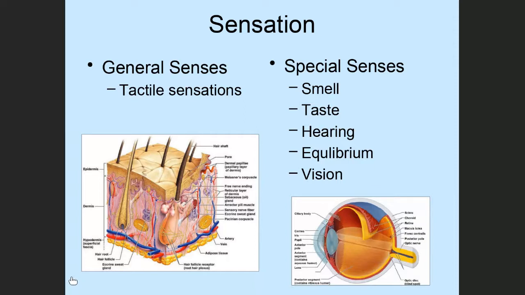In this folder, we're going to start to get into sensation. If I were to give you a definition for sensation, I would say it's our body's ability to detect what's going on in the world around us. And there are two different types of sensation that we're capable of. The first of these is what's known as general sensation or general senses. This is our body's ability to pick up tactile sensations. When I say tactile sensations, what that means is things that you feel with the skin. So that would be things like touch, changes in temperature, pressure, vibration, those things that are picked up by receptors